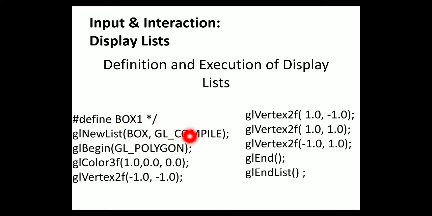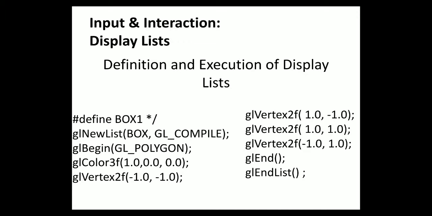There's a mistype here, it should be box. So glNewList will take two parameters: the name of the object, which is named box, and the symbolic constant representing how you want to use this object. GL_COMPILE represents that I am going to just compile this display list and keep it ready. Only if it is asked, it is going to display on the monitor. There is one more, which is compile and execute.